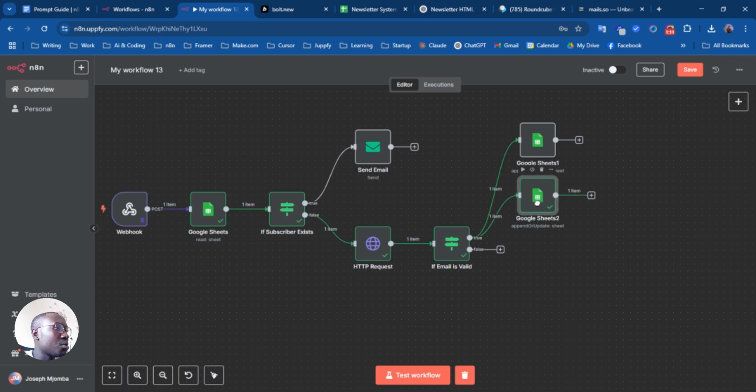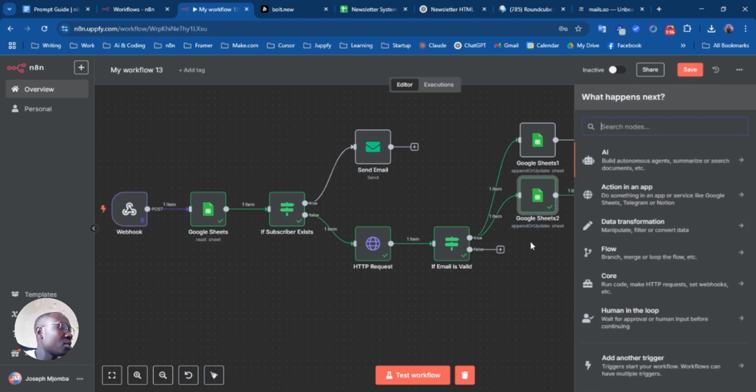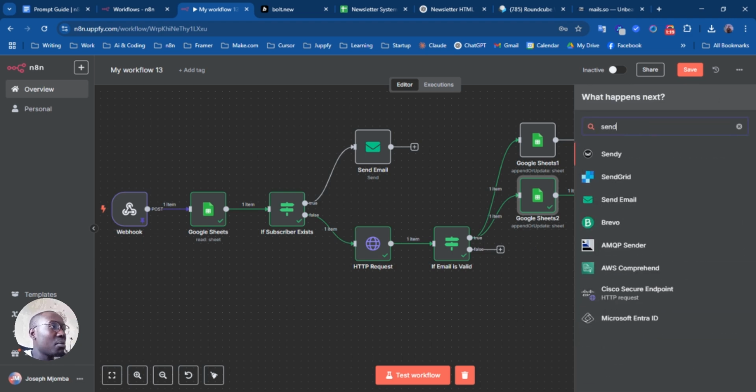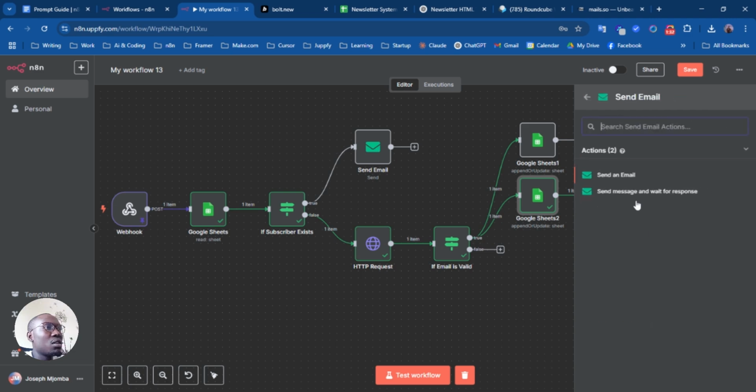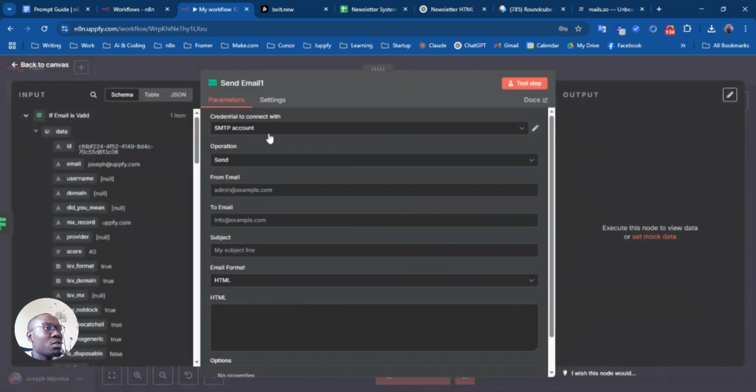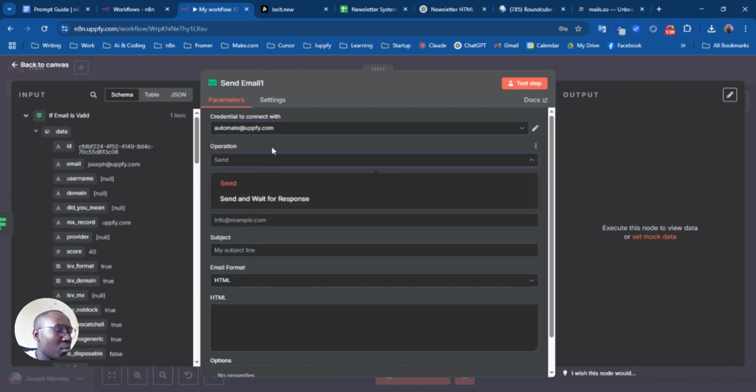The third thing we're going to do in the true route, let's send this guy a welcome email, right? I'm using send email. You can use Gmail, just use the Gmail option if you don't have the custom email right now. It's going to work just fine. I'm going to set up my SMTP, automate, send, operation is send. Then from email, I'm just going to use jobs for you, open and close the chevron, then write